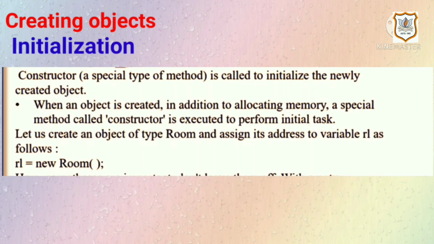Third one is initialization. A constructor is called to initialize the newly created object. When an object is created, in addition to allocating memory, a special method called a constructor is executed to perform initial tasks. Let's create an object of type Room and assign its address to variable R1: R1 = new Room();